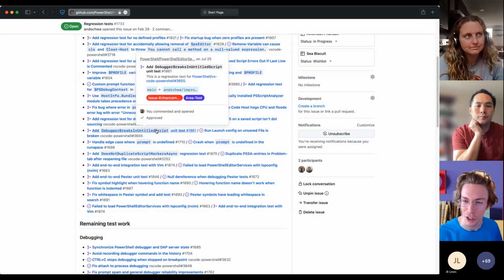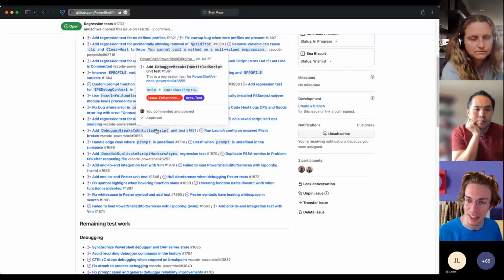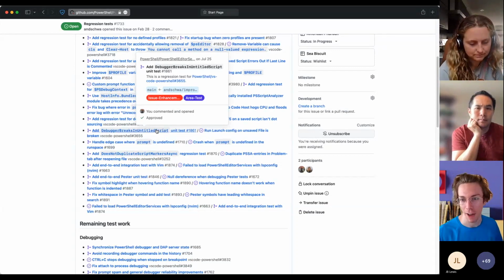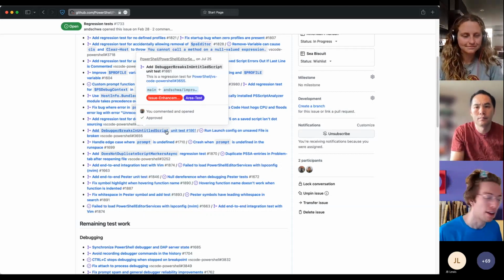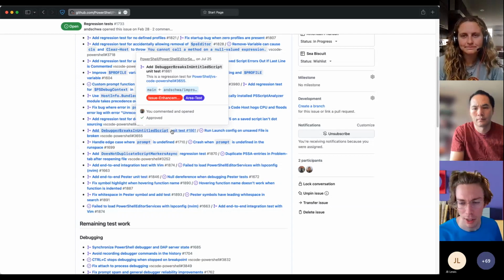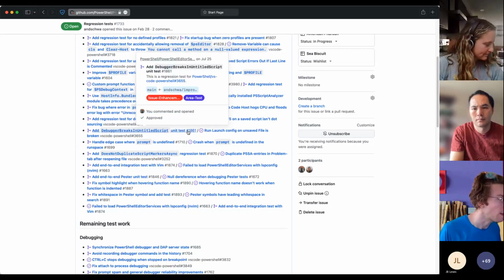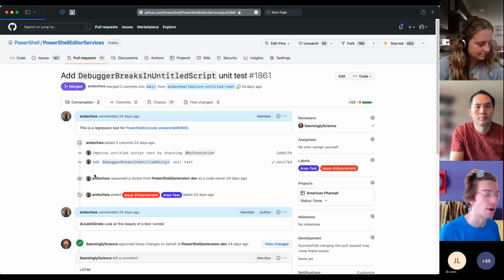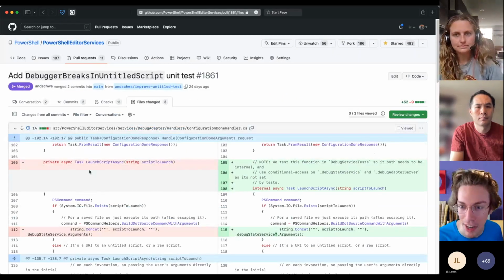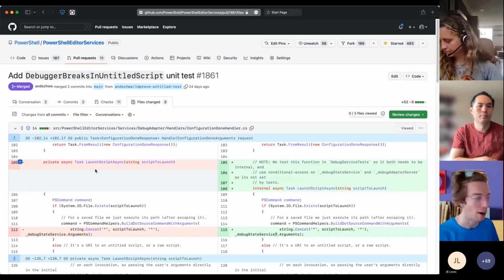We actually chose to turn that off during the preview because we didn't see a good way to go about having it work. Once we had enough feedback saying, no, we need that, even though it's kind of hacky, not only did we get it back in, but we at the time didn't have a way to test it properly. But we actually have a whole unit test now covering that as a regression. So we'll know if we accidentally break debugging in untitled scripts before.